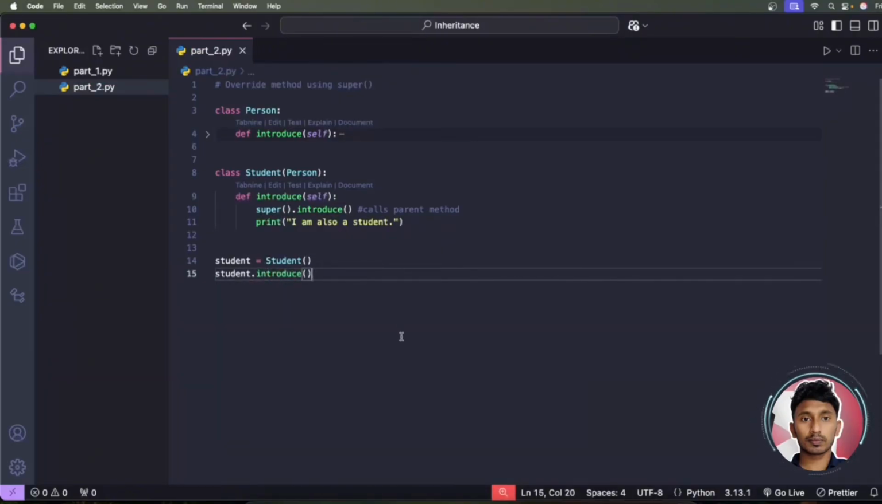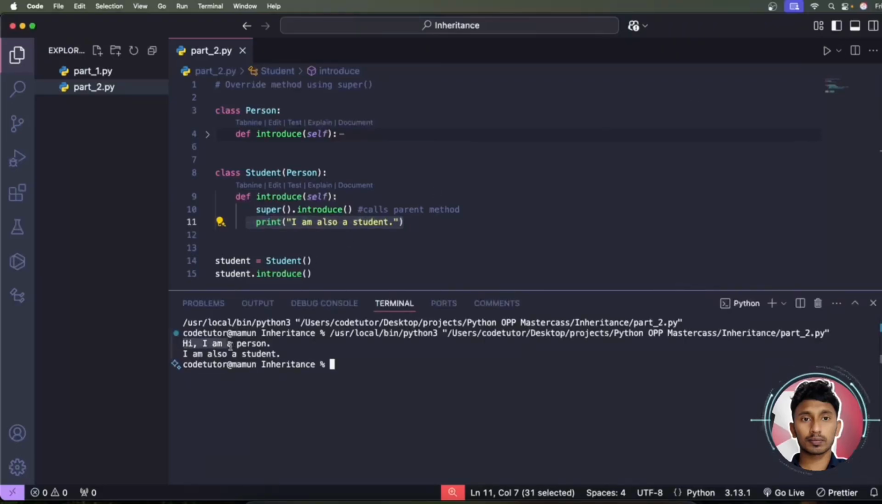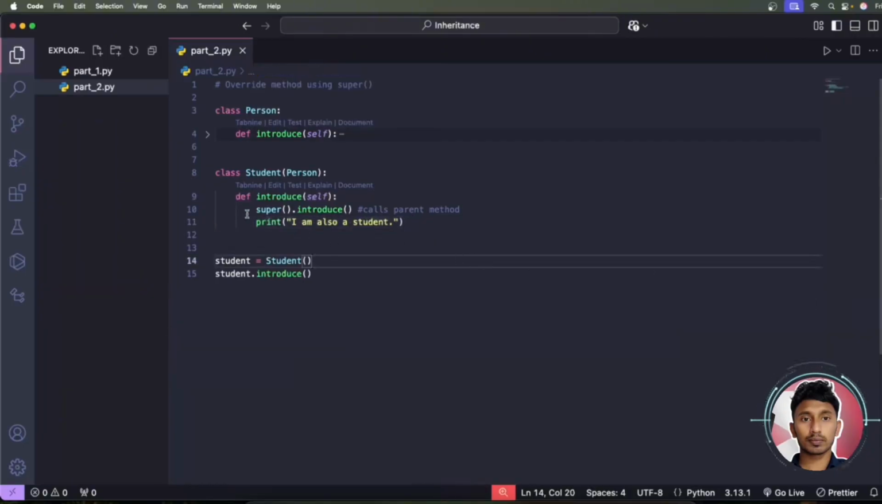So what output will you get? You will actually get two outputs. One is actually for this. It will say "Hi, I am a person," and you will also get the output for this print. Okay, so let me run this. You can see "Hi, I am a person, and I'm also a student." So why are you getting two outputs? Because firstly we call the parent's method using the super call here, and then we have another print. So that's why we're getting two outputs here. Okay,